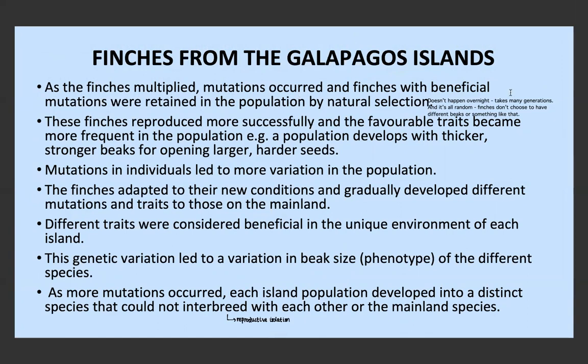Obviously, we know that this takes many generations. It doesn't happen overnight. And we know that it's random. So it's not random as in the beneficial traits were selected for. That's non-random. But it's random as in the finch didn't wake up this morning and say, oh, look, there's an insect, let me make my beak shape better for eating insects. It was just that one lucky finch got a mutation that had a beak shape better for eating insects, and therefore he was selected for.